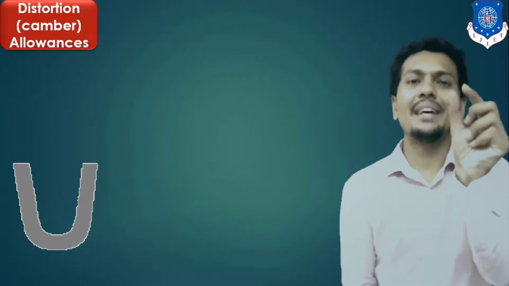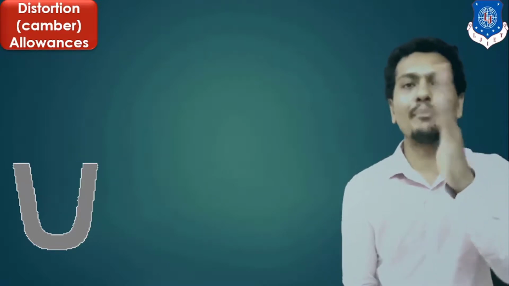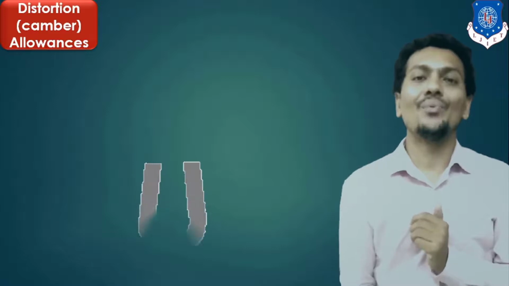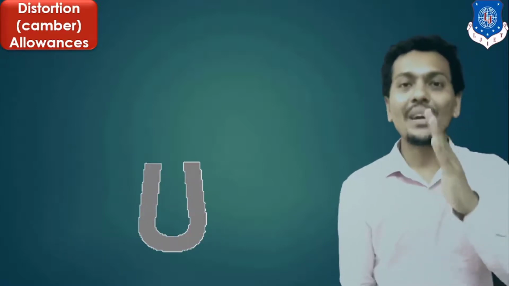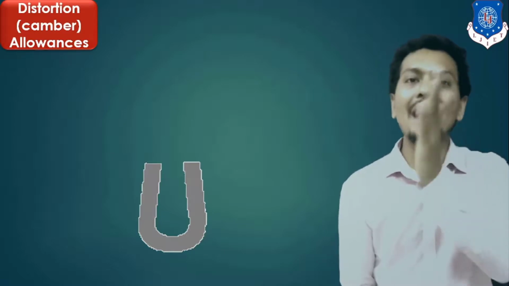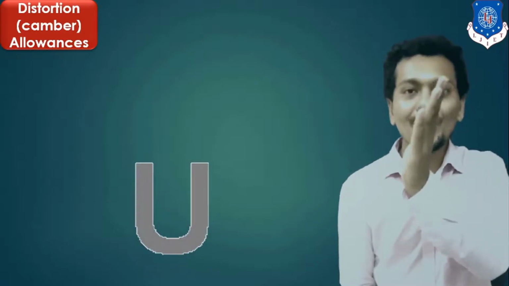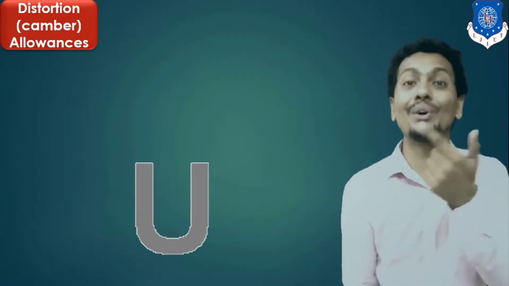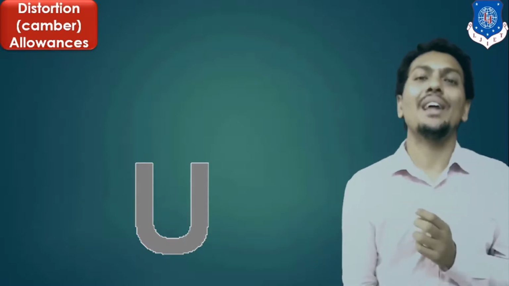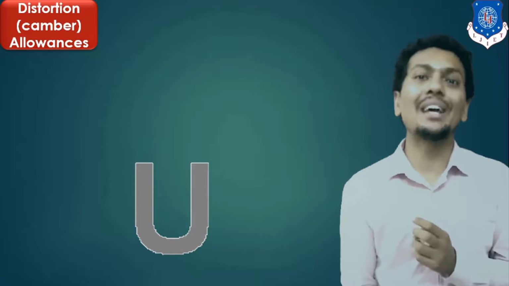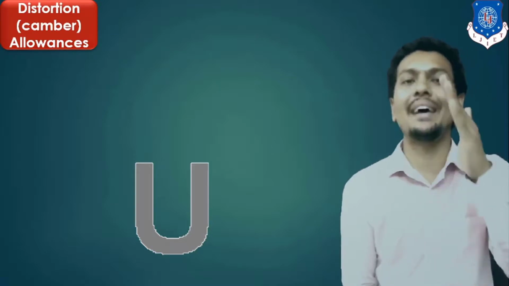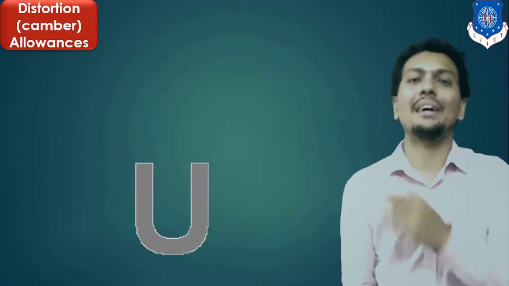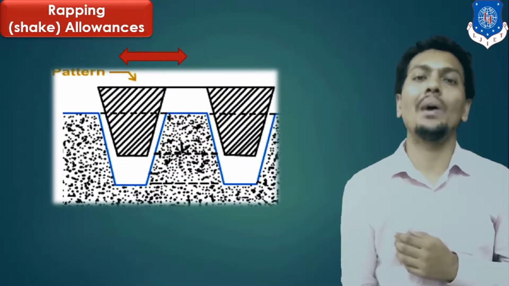Due to this less section thickness, there will be a chance of bending or buckling of the legs of the casting. So what is the solution? If you make your pattern already bent inwards, after cooling and solidification, your final casting will be exactly as per your target, right? So this is the allowance known as camber or distortion allowance, in which already distorted legs are given, but on the mirror side, or say mirror image side. After that, your final casting will be as per your required dimension.